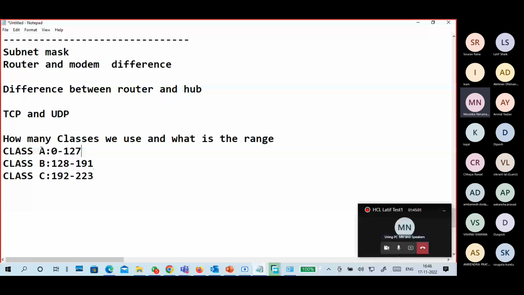Okay, this time I will try to write the subnet mask also. In class A, the first portion is the network portion. In class B, the first 2 portions are network portions. For class C,